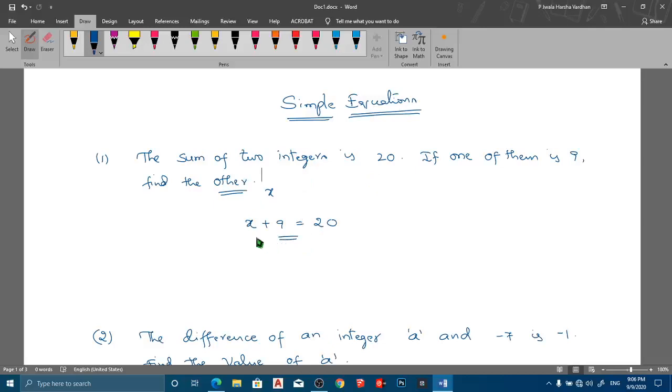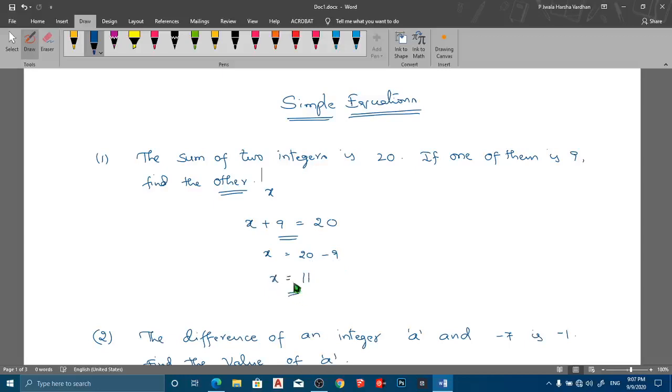Now you have to find out the solution of this x value, the solution of this equation. So finding the solution of this equation is nothing but what? Finding the value of this unknown number. The unknown value gives the solution of the given equation. Already you learned how to find that using some methods. I used the transposition method. I sent this plus 9 to the right side, then it becomes minus 9, so 20 minus 9 gives 11. So x is equal to 11 is the answer.